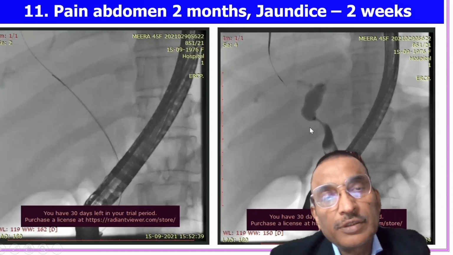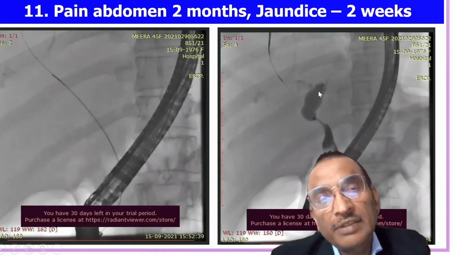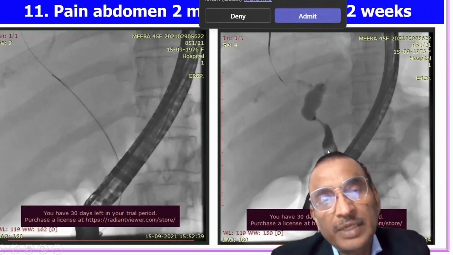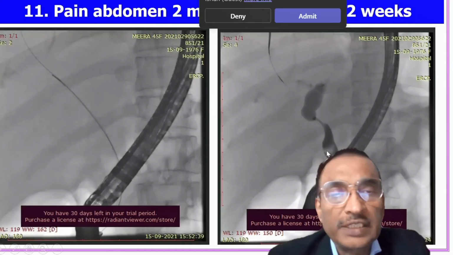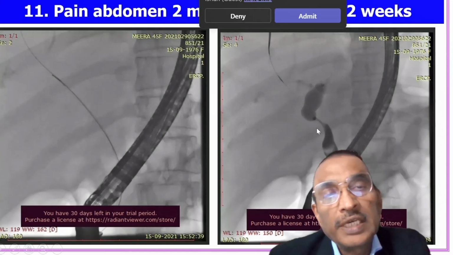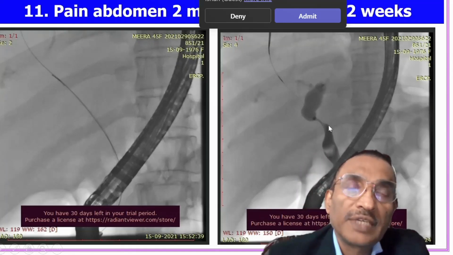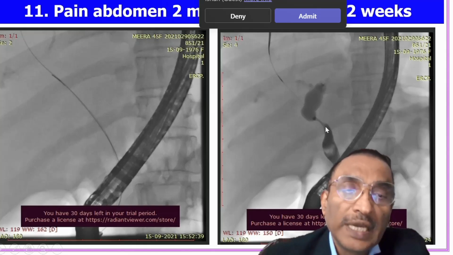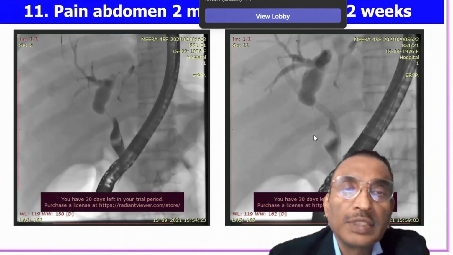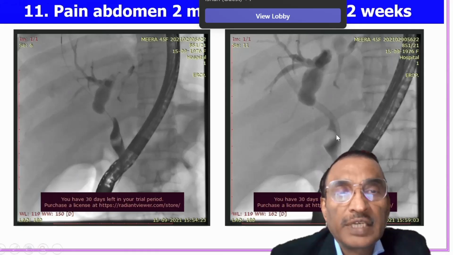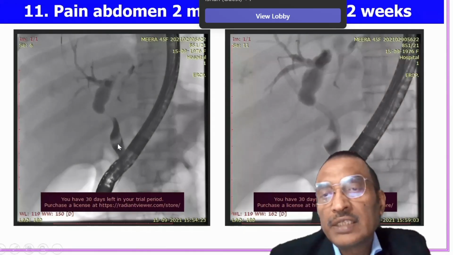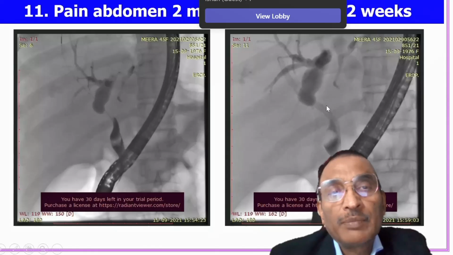So what is this? This is actually Mirizzi syndrome. So typically at the level of the cystic duct, a large stone is impacted there. Commonly we have a stone above that obstruction, but here, paradoxically, we have a stone below that stricture, and there is an impacted stone in the cystic duct. So it is extremely difficult to manage by ERCP alone. If we have to manage it, we will require cholangioscopy and laser, and then we can break that stone and try to clear it. But here what has been done is that, because of this stone, the patient was sick with,